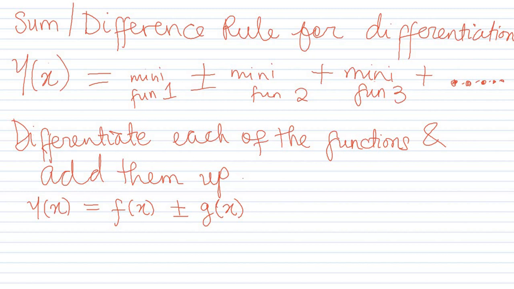In this particular case, we're just going to use two sub functions to explain how the rule can be applied. But it's also possible to have more than 10 mini sub functions, even though professors tend to give between 2 and say 6 or 7. I'm just going to stick to 2 because that's what everyone sticks to, and I don't want to confuse anyone. So this is it: y of x equals f of x plus g of x. When you apply differentiation, like we're going to do now,